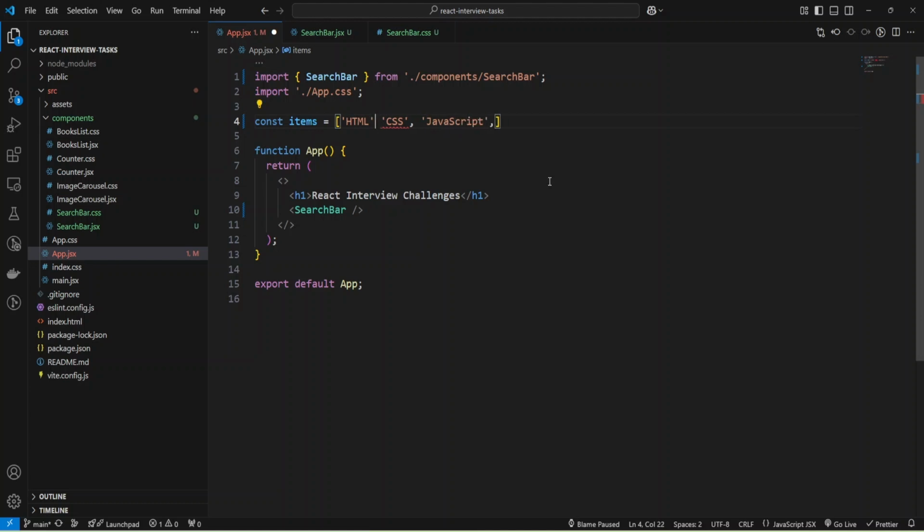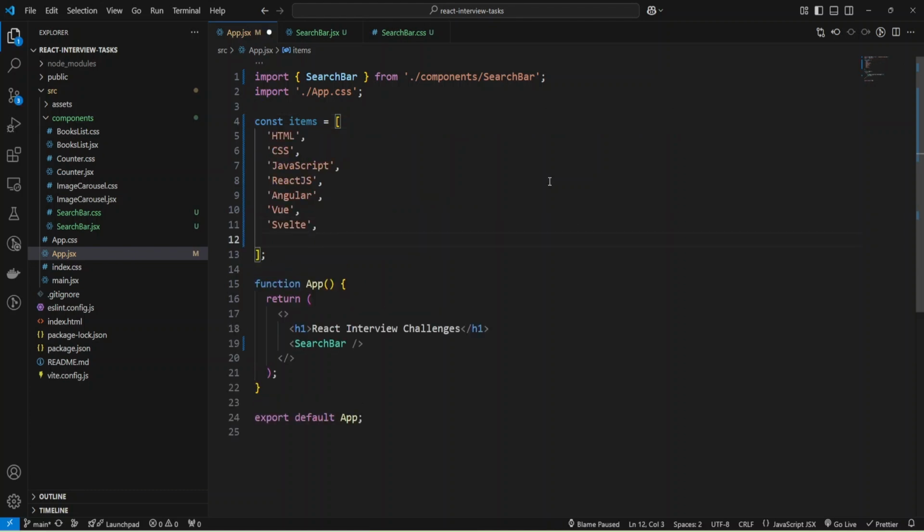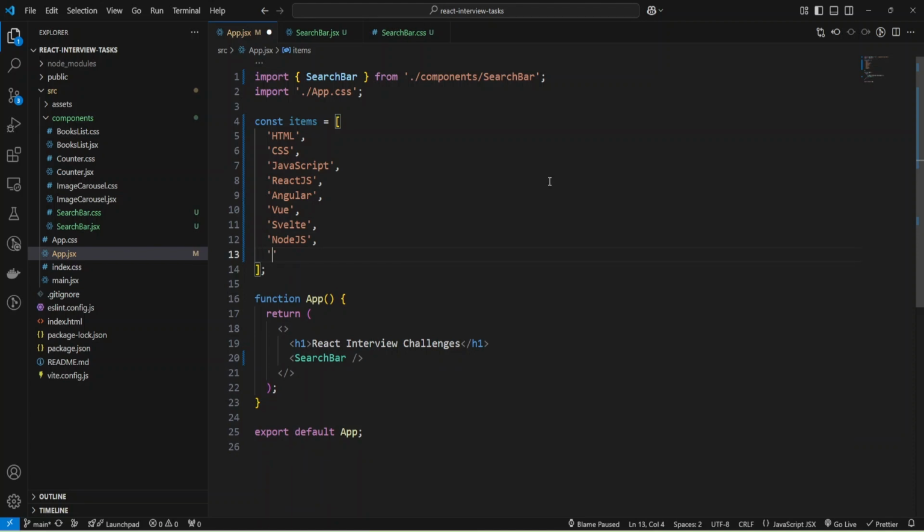Okay, and I need a comma here, and also let's add React.js, and also we can add Angular and Vue, and also Svelte, and let's add more items like Node.js and also Next.js. And I can pass these items as props to my component.